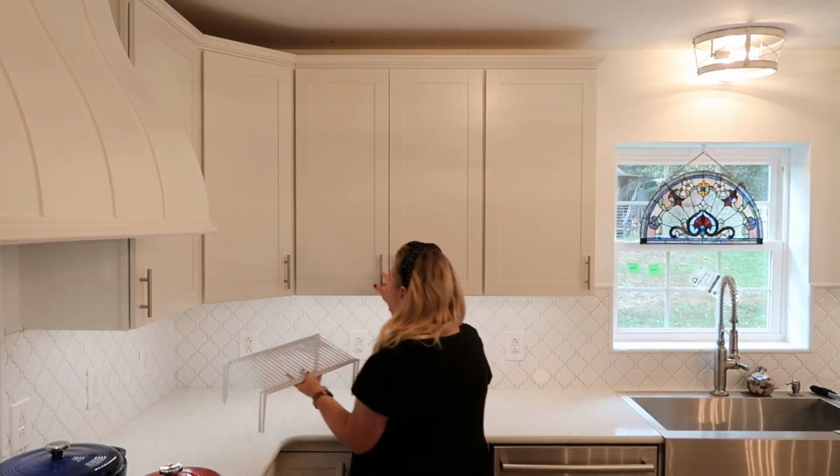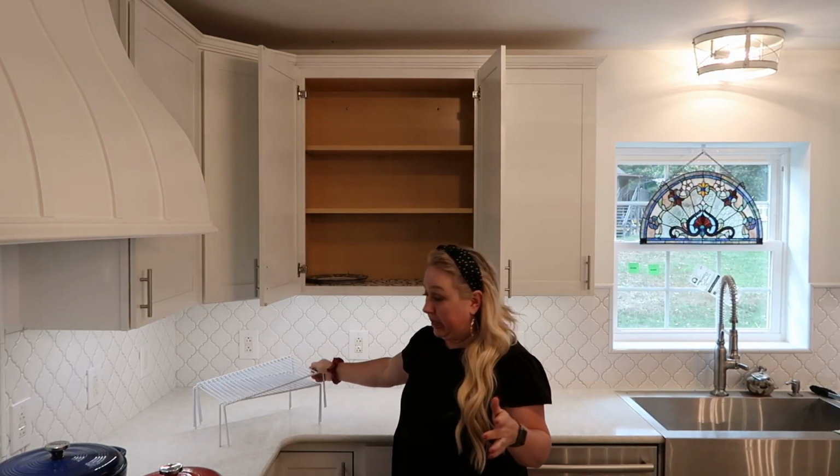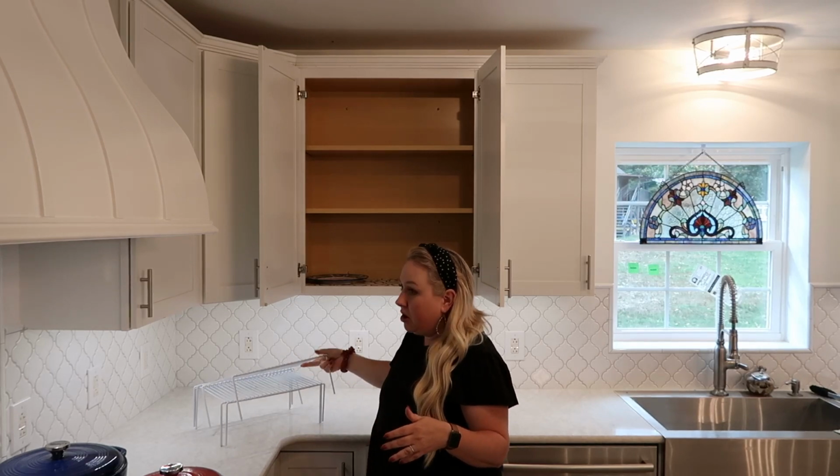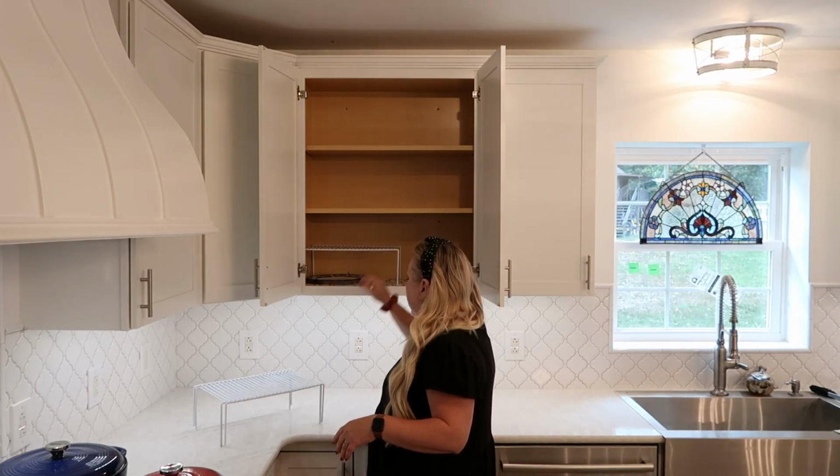I'm assuming that the rest of these racks will be used here for plates. So I'm just gonna go ahead and put them in here once we get moving things out here, which I think is gonna be this evening, and that'll be a separate video for you guys. I think we will,